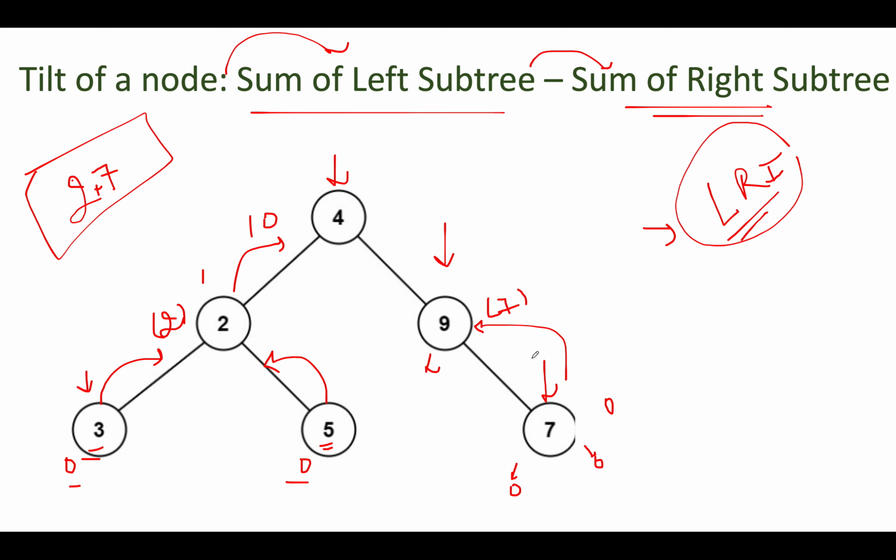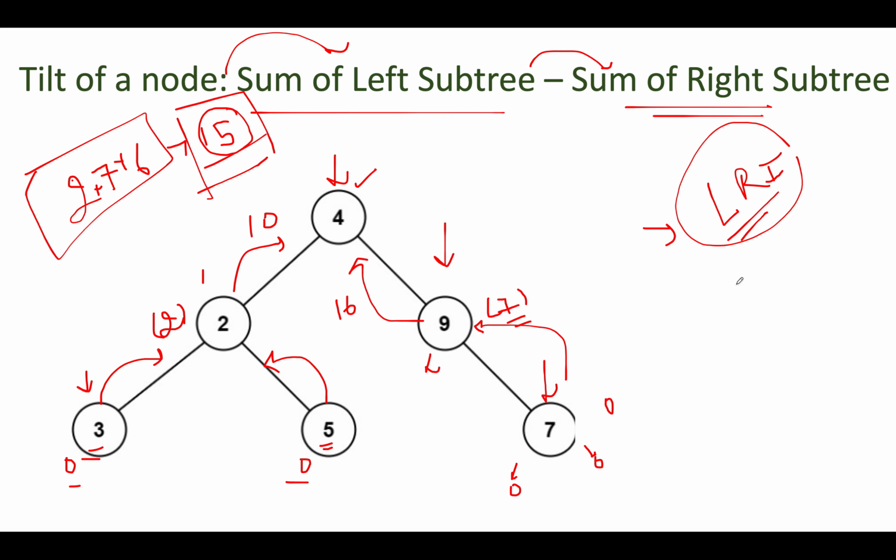Let's proceed ahead. From this position, what do we return? 7 plus 9, which is 16. So 16 gets returned here. And the difference between 10 and 16 is 6. We take it as minus 6. We'll take the absolute value, which is 6. So we'll add 6 to the tilt global variable. The total comes out to be 2 plus 7 plus 6. This gives us 15, and this becomes the answer. And we have successfully calculated the tilt of the entire tree and added it to a global variable, and this is what we are going to return as the expected answer.